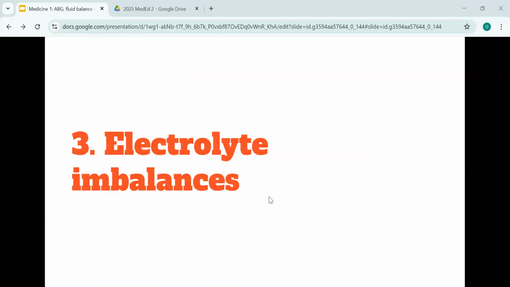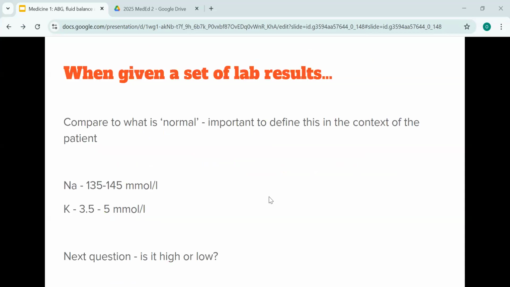Fab. Right, this is the last section of the talk. It's a bit more like the first section where we're focusing on AKT biochemical questions. So, when you're given a set of lab results, you need to think about what's normal. So you'll be given reference ranges in all your exams, but you also need to think about it in the